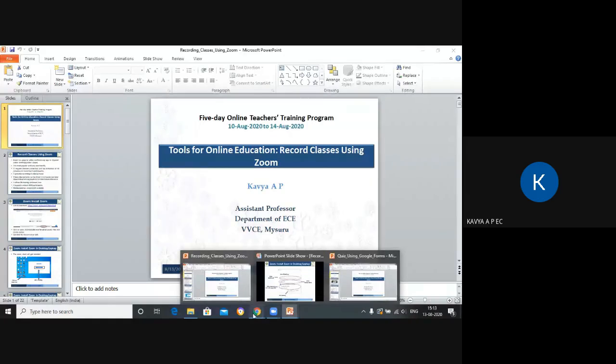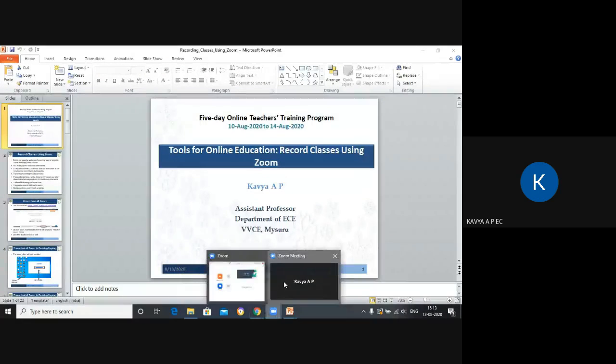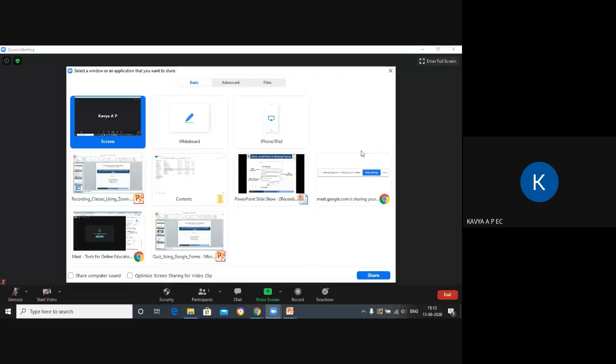Okay, I'll go here to the Zoom. I'll select share screen. So this is share screen. I'll just click on this. It will give you so many screens here, so you see which one you want to share. The first one is my own screen. The second one is the PPT, record classes using Zoom.